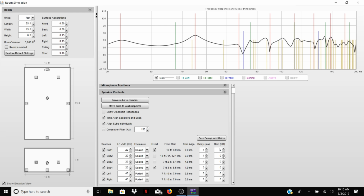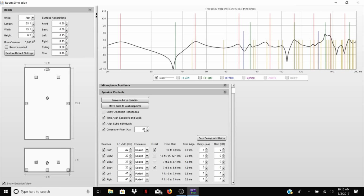So you can see these little variations. What I've done now, by the way, is turned off all the other measurement positions because it's easier to see what's going on when you look at just one measurement position on the effect. So now I've turned on a crossover, and the point here is to show you what happens when you add a crossover. I've changed it to 80 Hertz. You can see now that the main speakers are no longer operating as low frequency sources down past 45 Hertz,